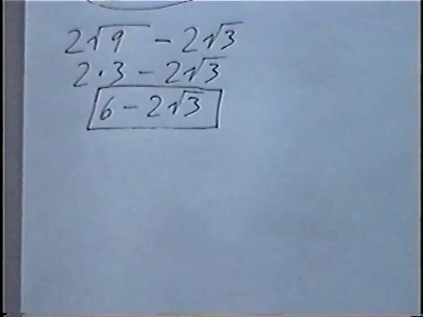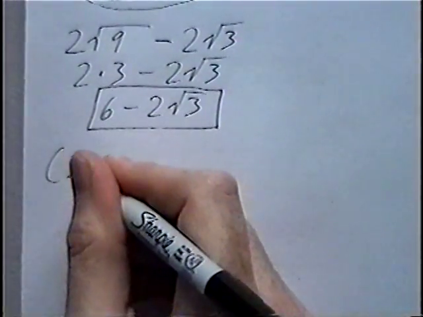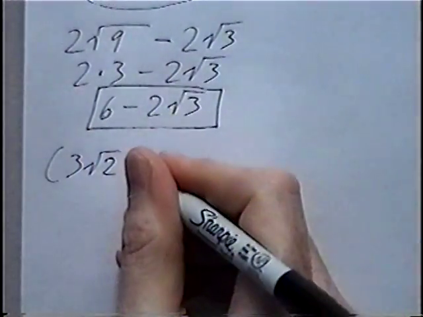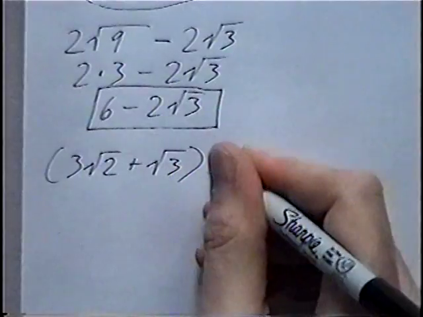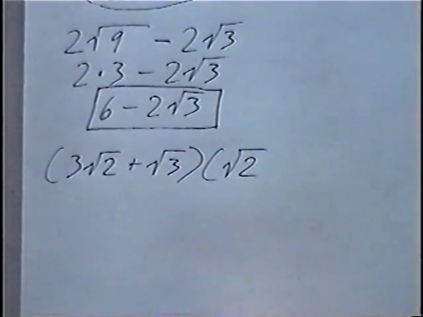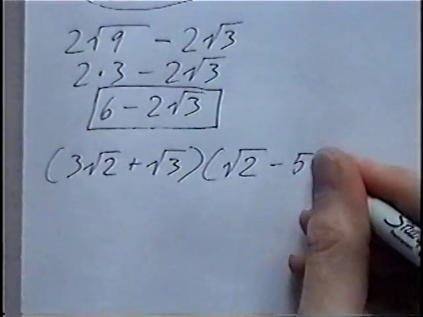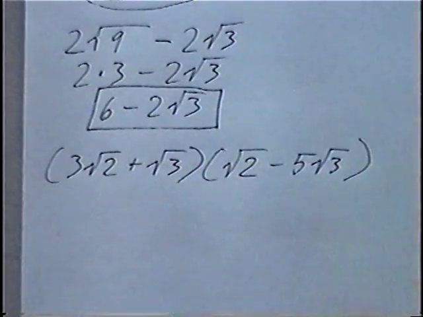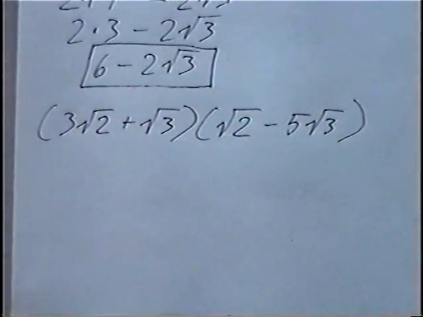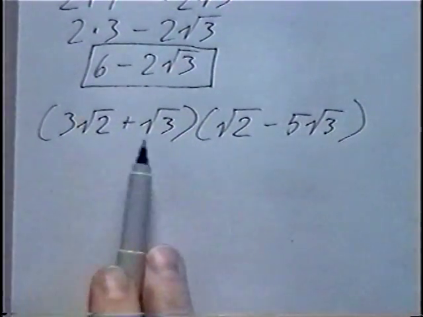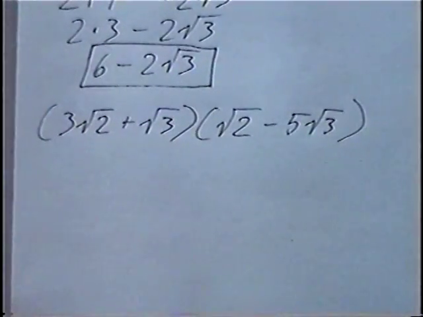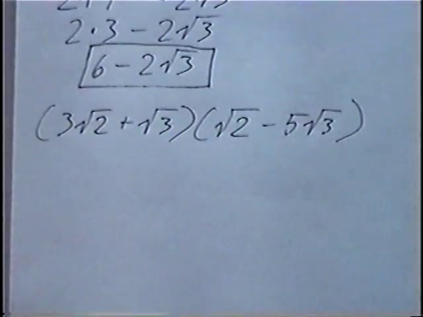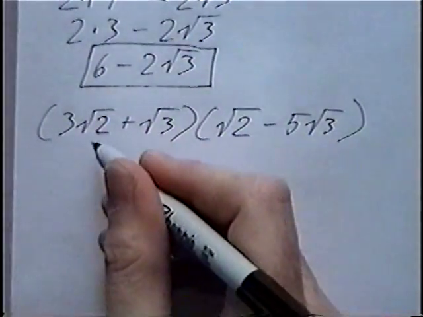Last question for this section. First parentheses is 3 radical 2 plus radical 3. And in the second parentheses, radical 2 minus 5 radical 3. This time we have 2 parentheses. Both of them have 2 terms or 2 radicals. In this case, we'll be multiplying by FOIL. We'll multiply the first terms together,